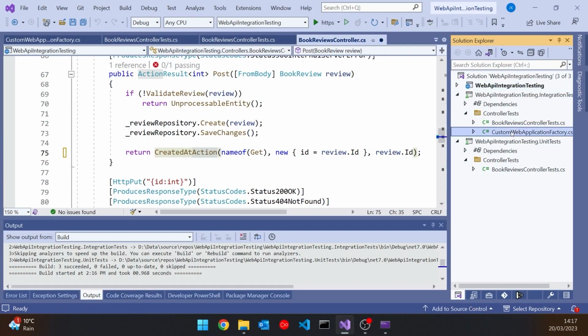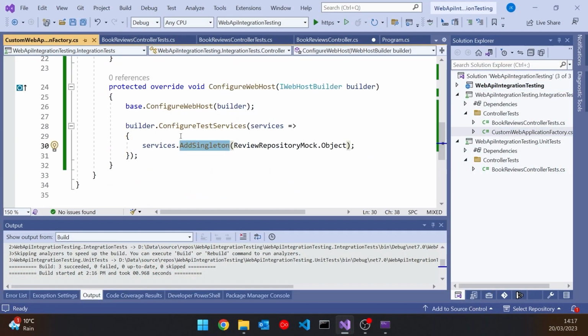And given that I think I persuaded you the integration tests are better, and also once you've got the infrastructure in place, slightly easier to write, I would typically just be writing the integration tests and only maybe introduce unit tests when you find a particular problem that for some reason isn't working with the integration tests or whatever it may be. But integration tests like this first, they're quite easy to use, and once you've got your web application factory working, then they really work very smoothly.